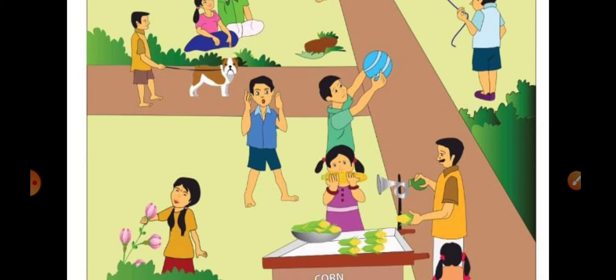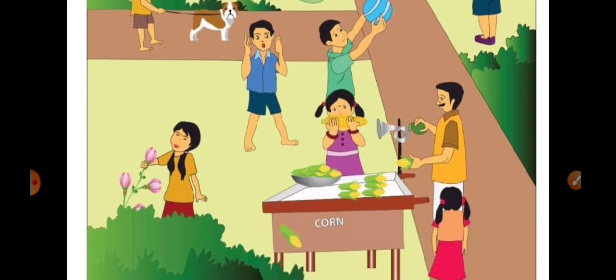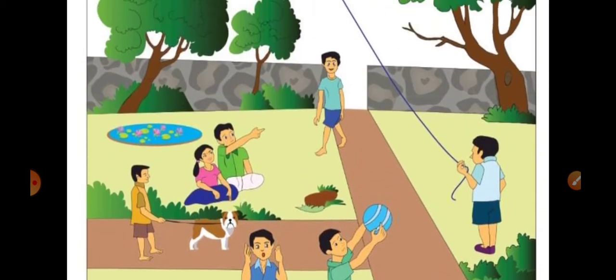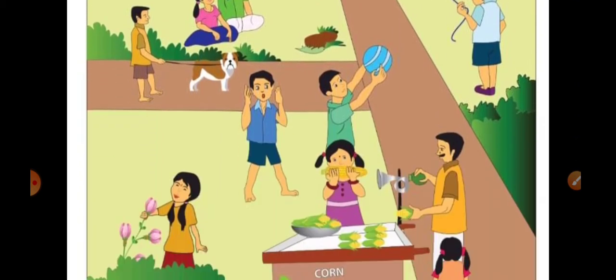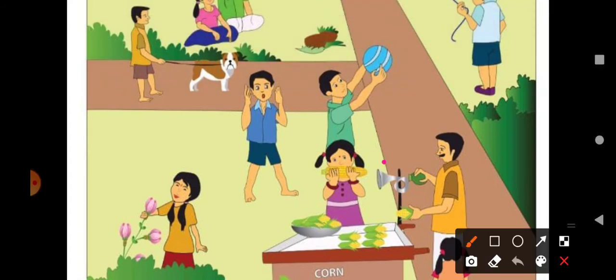How will you feel the taste? While eating only you will feel the taste, right? You are using your tongue, you will feel the taste. So which objects here can we taste? Corn. Okay, only corn. So you have to draw a triangle near corn. Okay, these corns. So next one you have to draw a